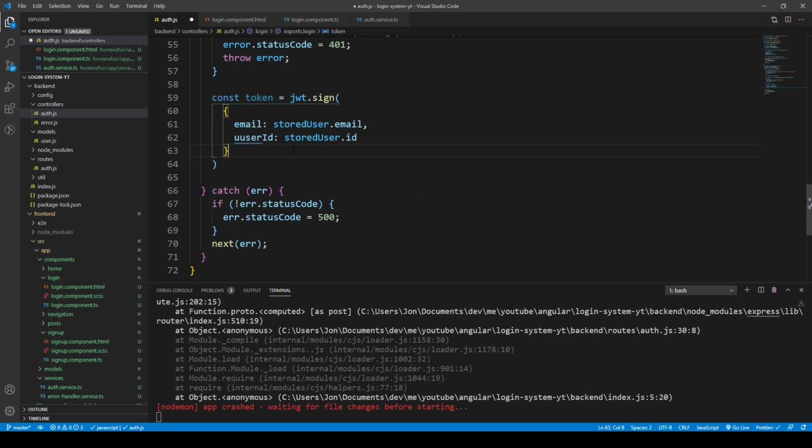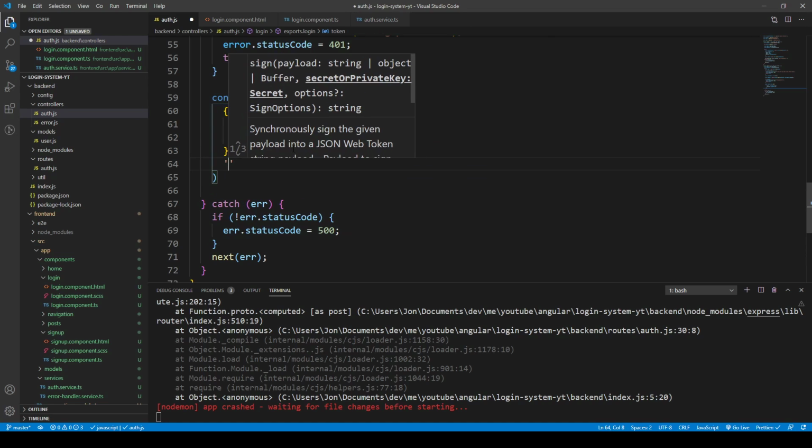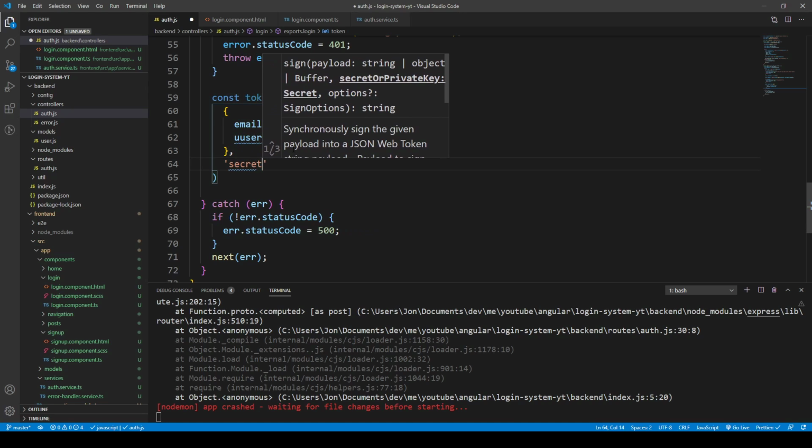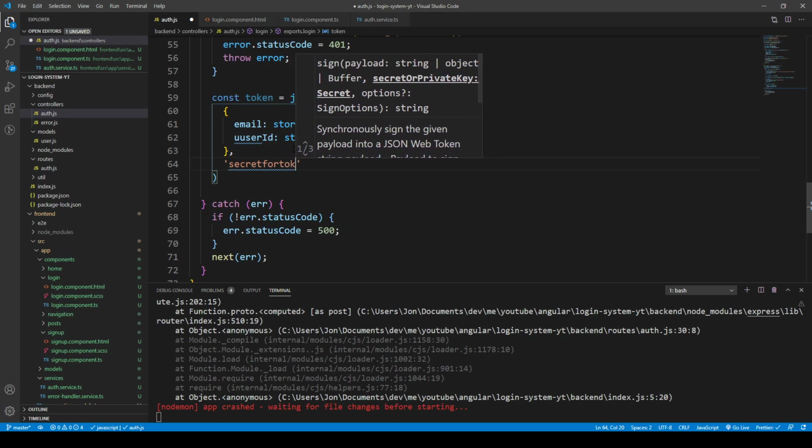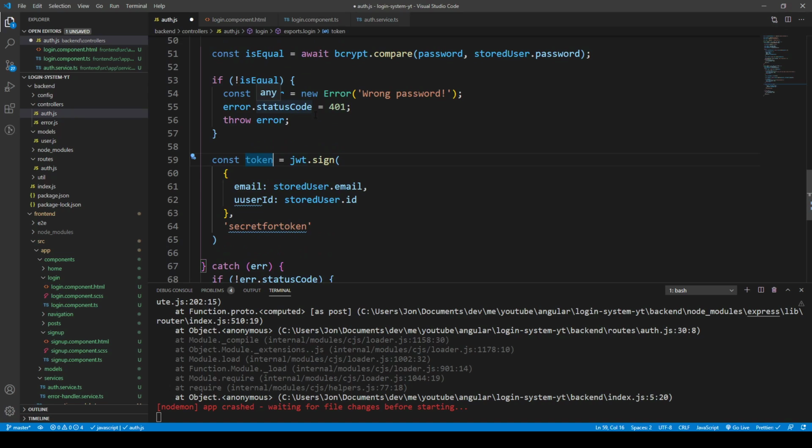But here, as a second argument, this is where we have the secret, and I'm just going to call this secret for token. So once the user enters their email and password and it matches, we can create this JSON Web Token. The JSON Web Token is going to have a payload, and in this case it's going to have an email and a user ID, and then the server is going to generate this sort of encrypted data, so to speak,